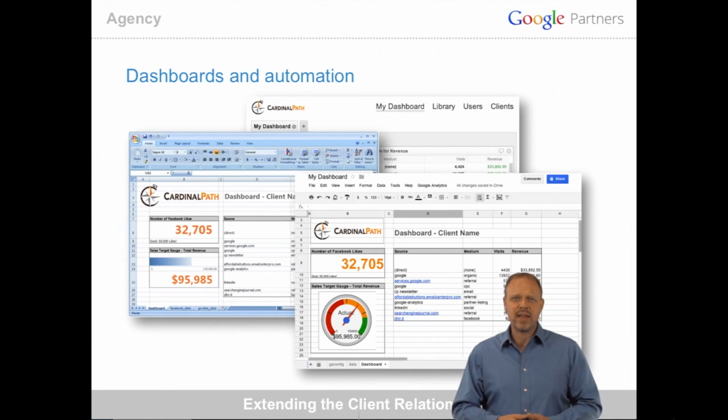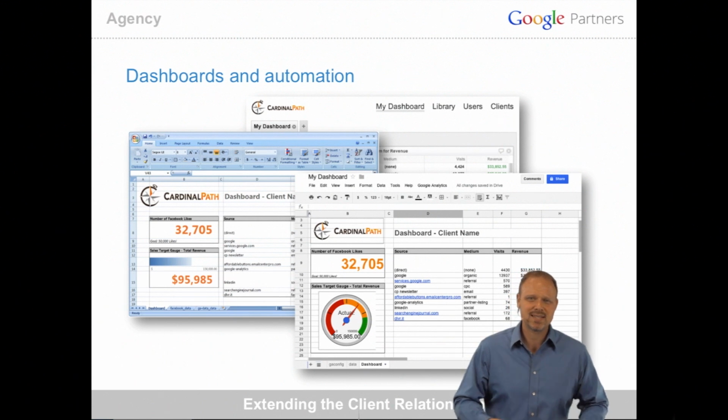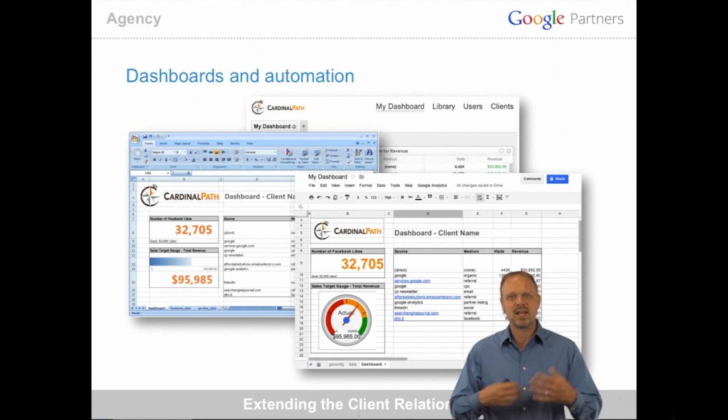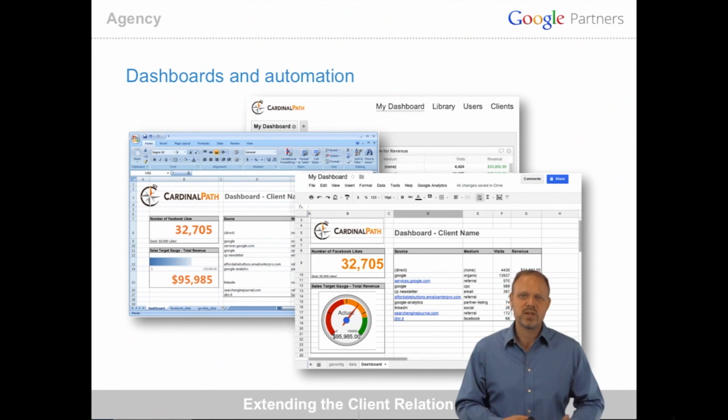Now, at some point, when we start doing lots and lots of reporting, and as our agency grew, we had lots and lots of clients, and we had lots and lots of new accounts and new account managers and new people coming on board. And suddenly the manual creation of these reports started to take its toll. And what we found is that there's lots of ways we can invest in the automation of some of these reports. Now, there's always the need for human insight and time to work with this data and understand what it actually means. But generating a lot of these dashboards can be done through all kinds of third-party tools, things like